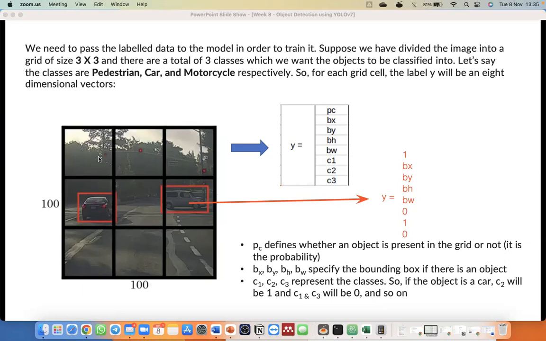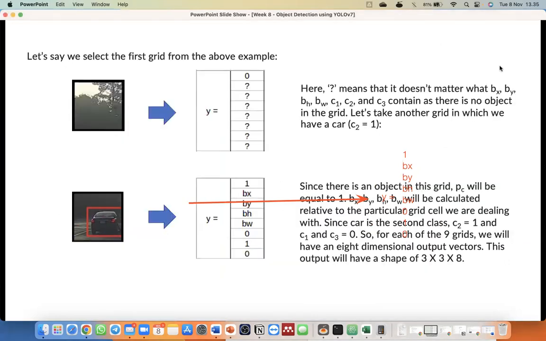That's why, because every grid in our image will contain a vector with 8 values, on the next slide, this output will have a shape of 3 times 3 times 8, because we have 3 times 3 different grids. Every grid has 8 values.